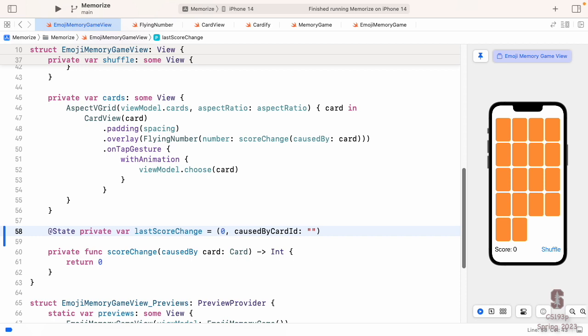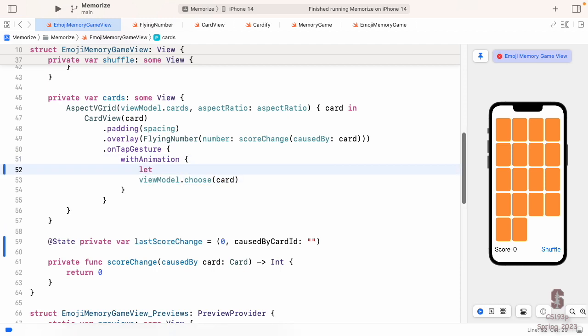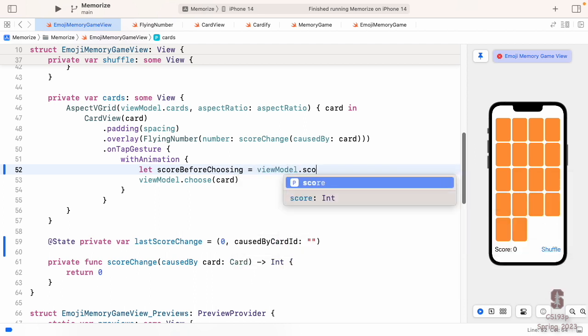But first, let's set this var. How do we keep track of the last score change? Well, when does the score change? When we choose a card. Let's update this var every time we choose a card. Real easy to do. You create a little local here called score before choosing, and that equals our view model's score.